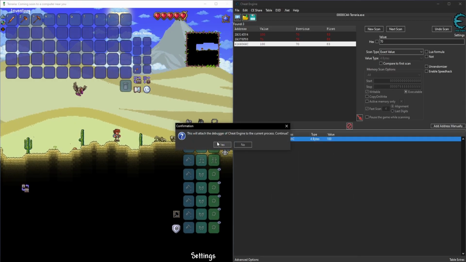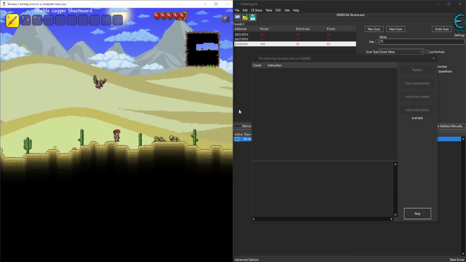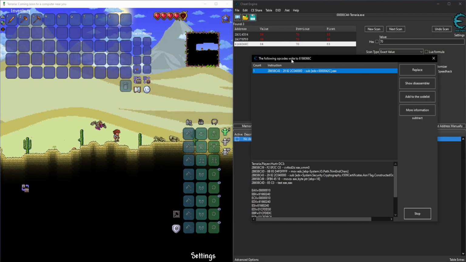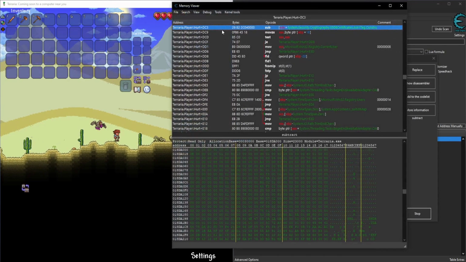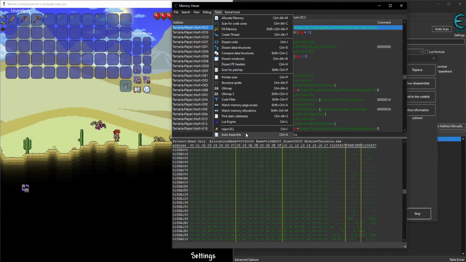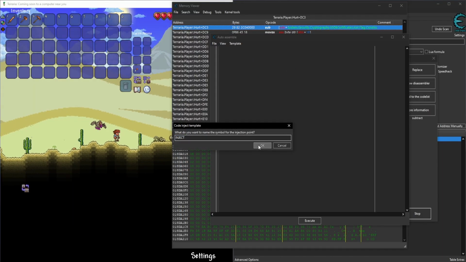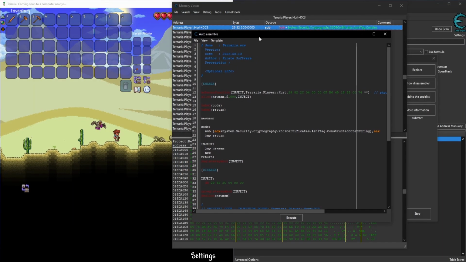Once you find your health, right-click it and find out what writes to this address. Then get hit one more time. You should see a sub instruction pop up. Go ahead and click on it, show disassembler, tools, auto assemble, template, and AOB injection. Basically, this is going to hook onto the part of the code that runs whenever we get hit by an